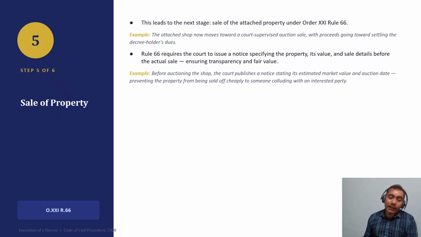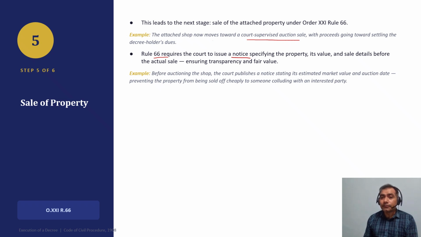Step number 5 is sale of property. This leads to the next stage, sale of attached property under Order 21, Rule 66. Example, the attached shop now moves toward a court-supervised auction sale, with proceeds going toward settling the decree holder's dues. Rule 66 requires the court to issue a notice